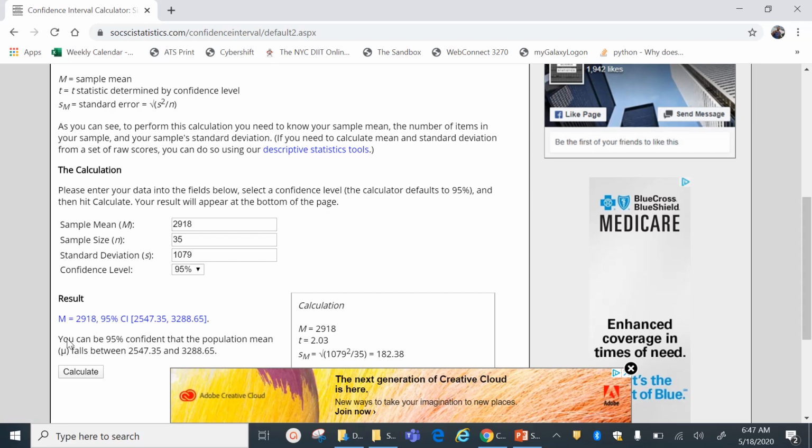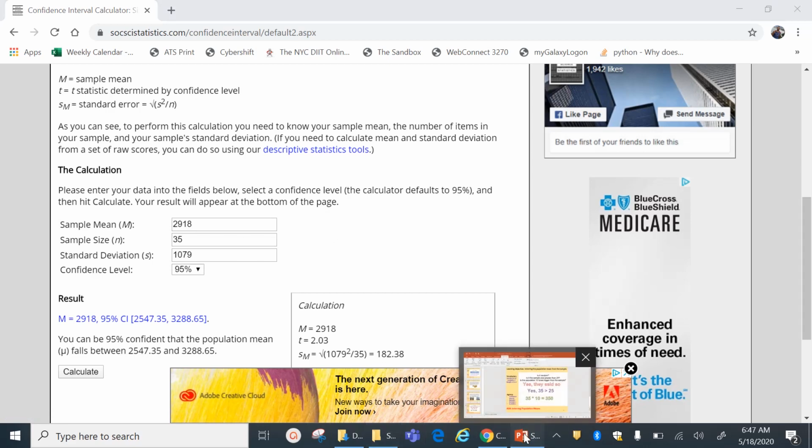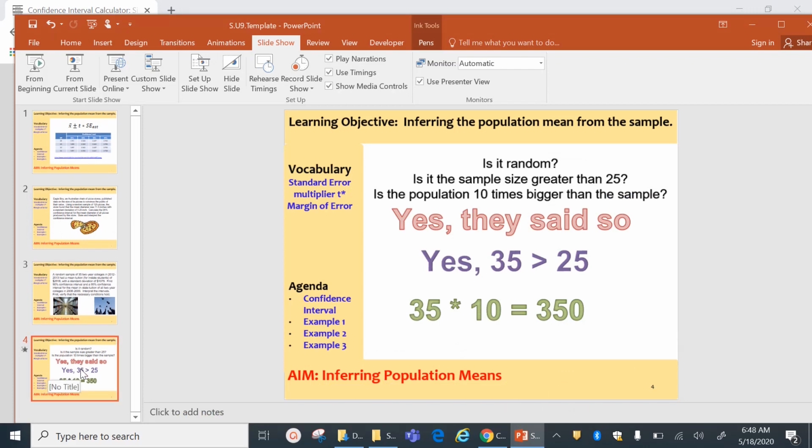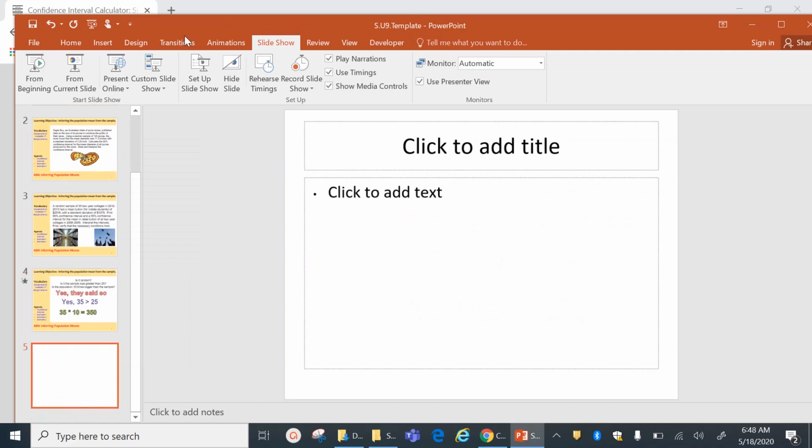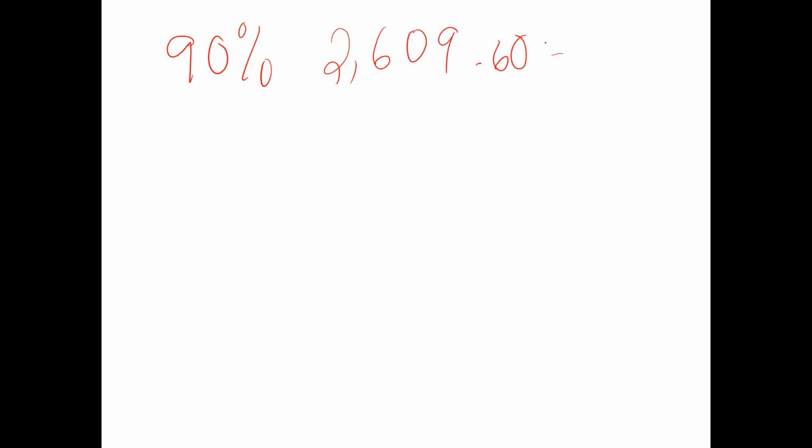All right, so let's interpret what this means. I'm going to go to a blank screen. Oh, did I not do one? All right, so I'll make a blank screen. Slide white. All right, so let's do the 90%. I am 90% confident that the in-state tuition for a 2-year college is between $2,609.60 to